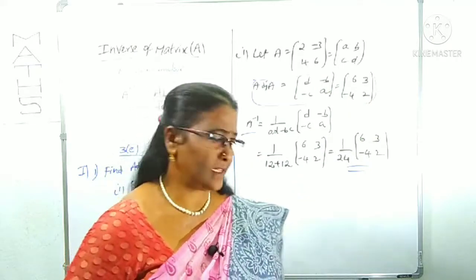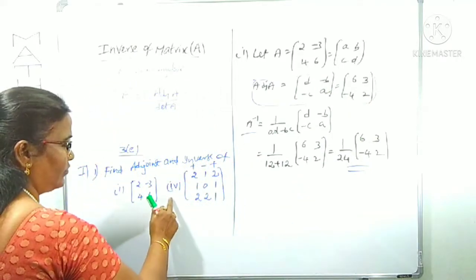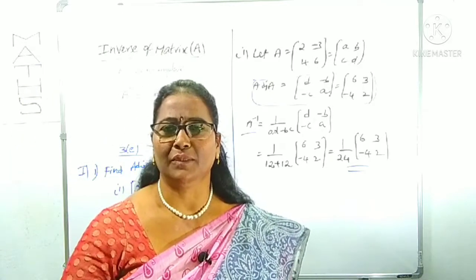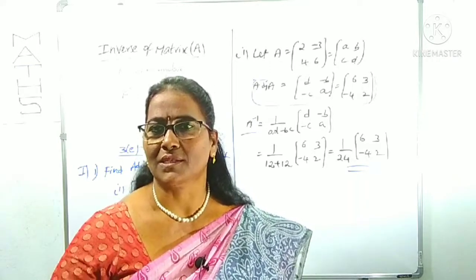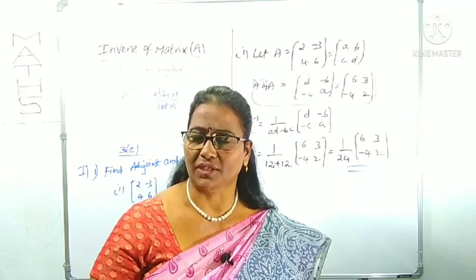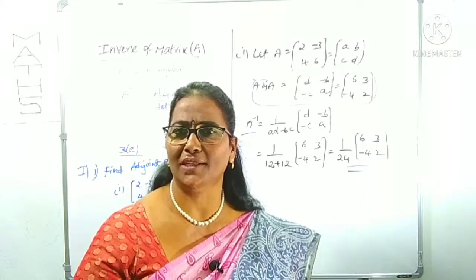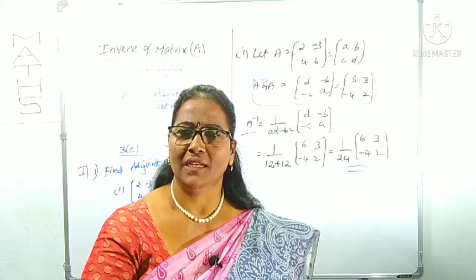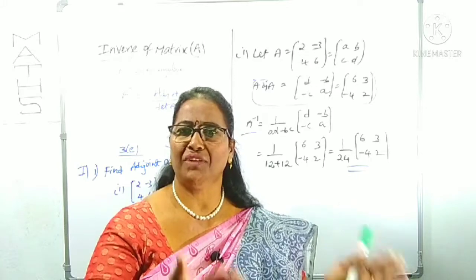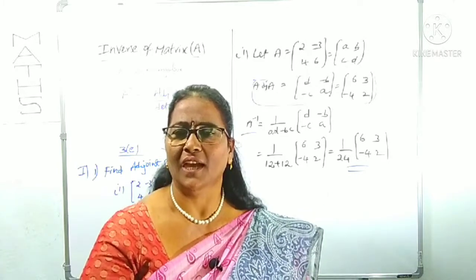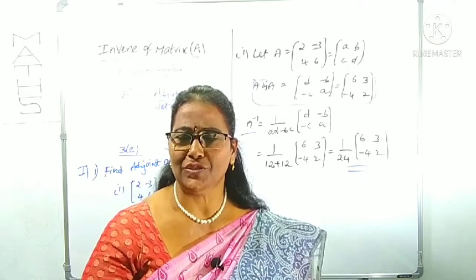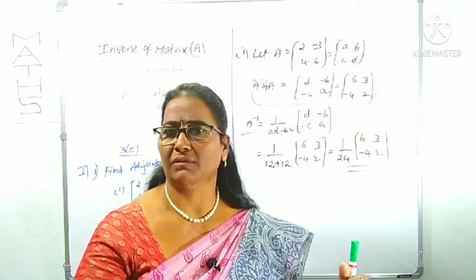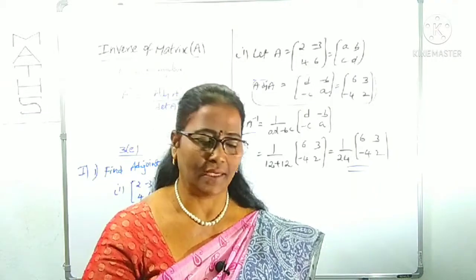Now we will concentrate on another example. What is that question? The fourth bit is given, a 3 by 3 matrix. I explained this clearly in the earlier example. How do you find the adjoint of a 3 by 3 matrix? First we have to find the cofactors of each and every element. Once we have the cofactors, the transpose of the cofactor matrix is the adjoint. That is what we have to do now. Such questions are in the exercise. You try first, and I will explain this question. Most probably we can try some more questions. Clear? Right. Look at the next question.